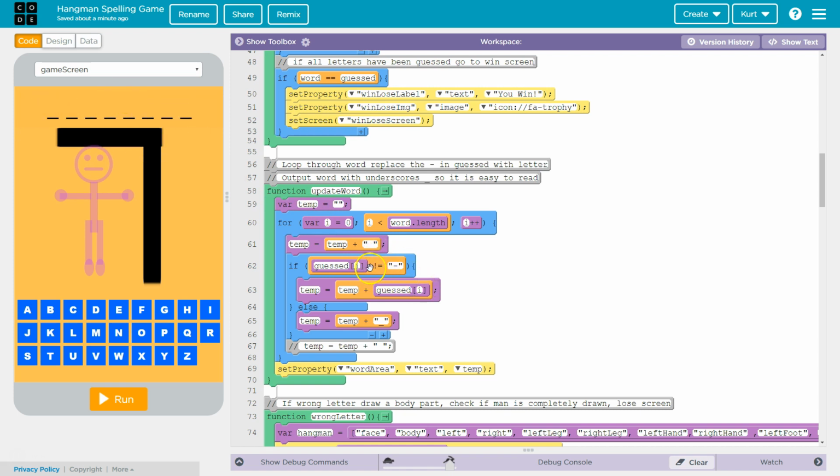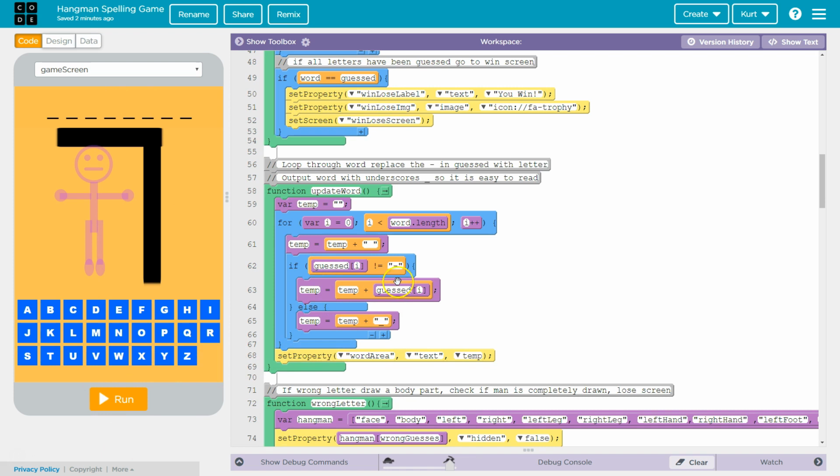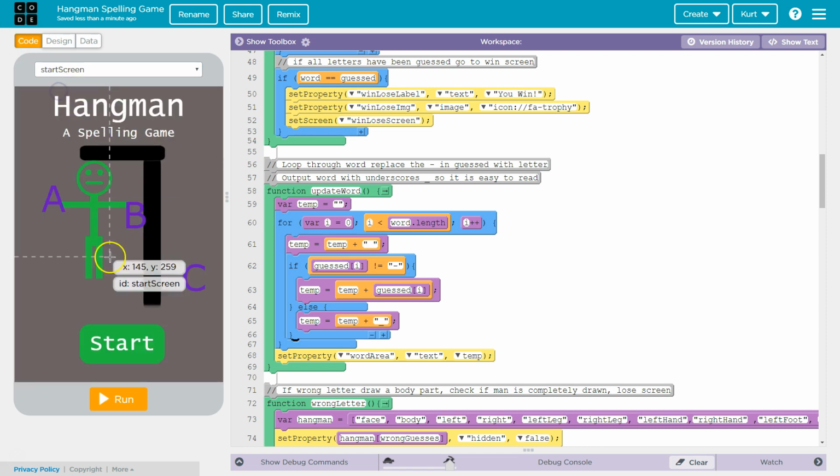So if guessed I does not equal hyphen, because remember, we filled that word guessed just with hyphens to take up space. So if it's not a hyphen, I know that's a letter I've guessed. So if it's a letter I've guessed, temp equals temp plus guessed letter. Else, so if it's not a letter I guessed, then I just want an underscore. Okay? And, oh, I don't need this extra space, I realized. I'll just go to that. So that way we have these nice spaces in between the underscores, and we can have them in between the letters,